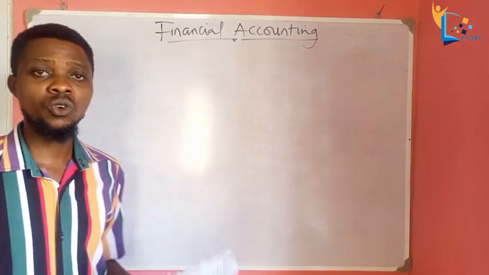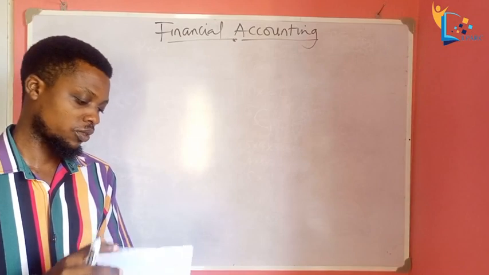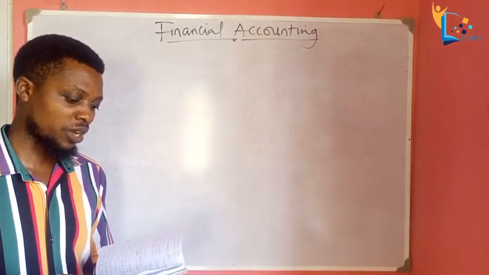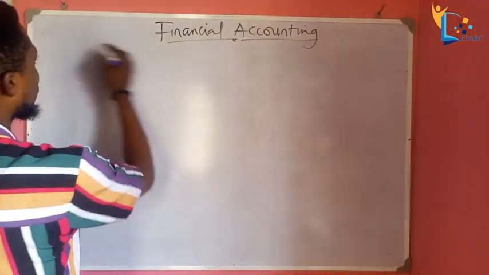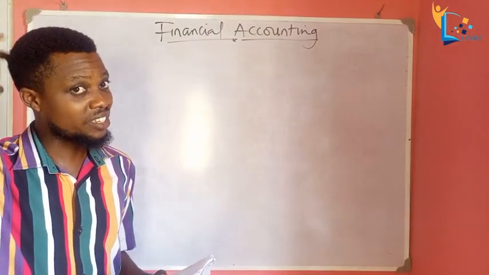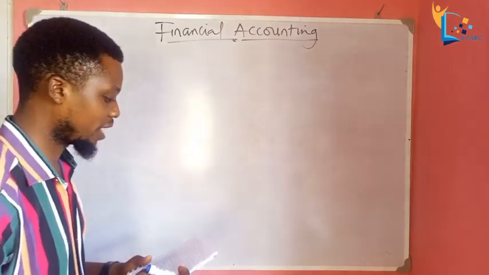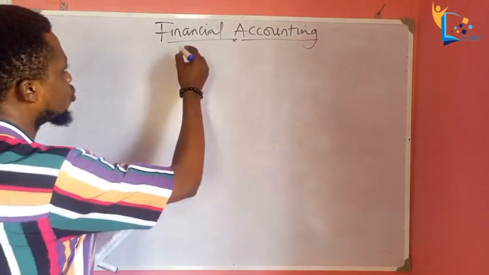All right, welcome back. So number one says we should write up the 3-column cash book and other subsidiary books. So we're going to start with the 3-column cash book. Now, if you want to write the heading for your cash book, it will be like this. Now, the question says Mr. Chinedu commences business. So you write,